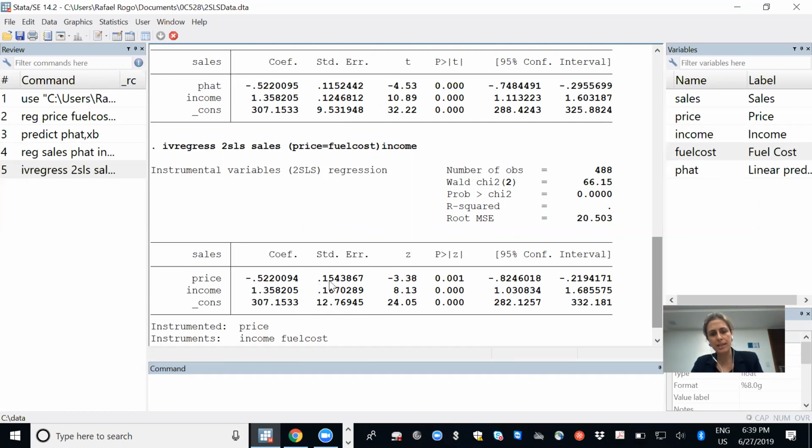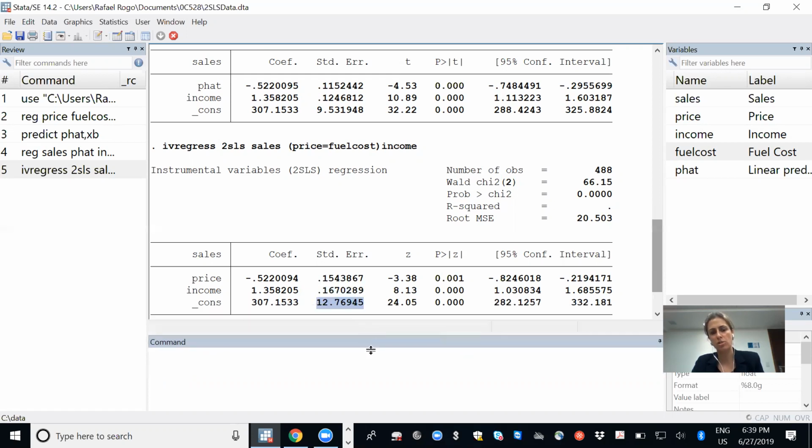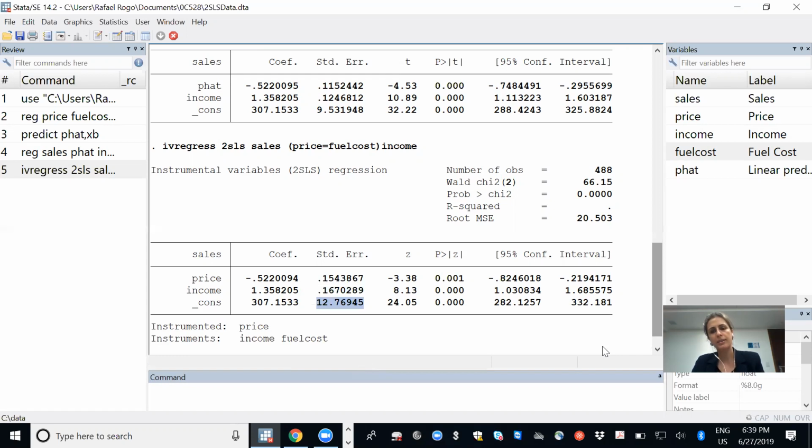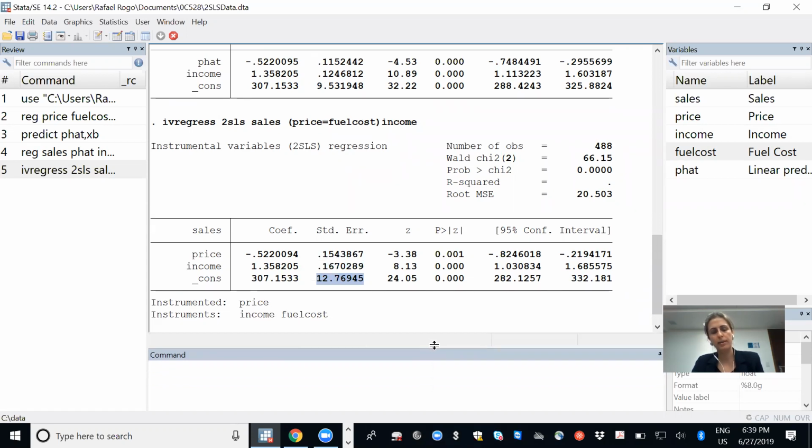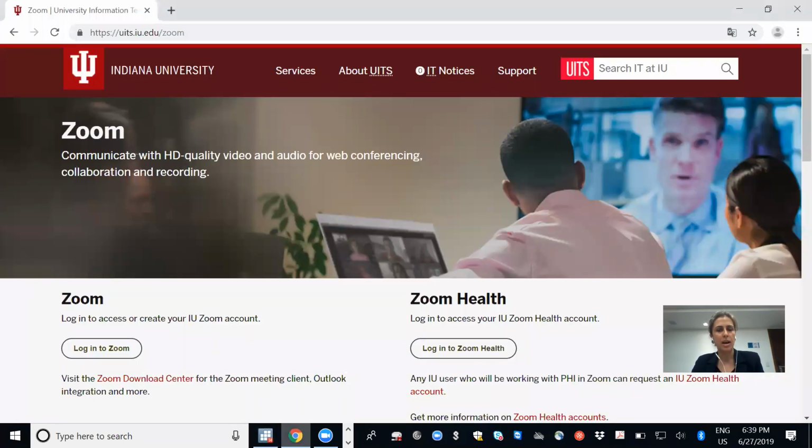So these standard errors with the automatic command, those are the real ones. Those are the good to go ones, okay? And you can see that they are a little bit larger than the manual ones. It's often the case that standard errors in two-stage least squares are higher than OLS. Usually when you compare OLS with two-stage least squares, you will have higher standard